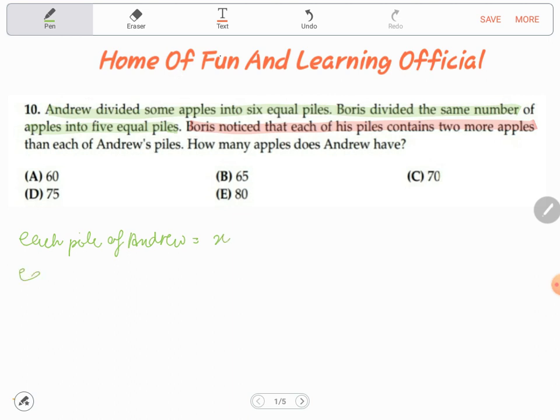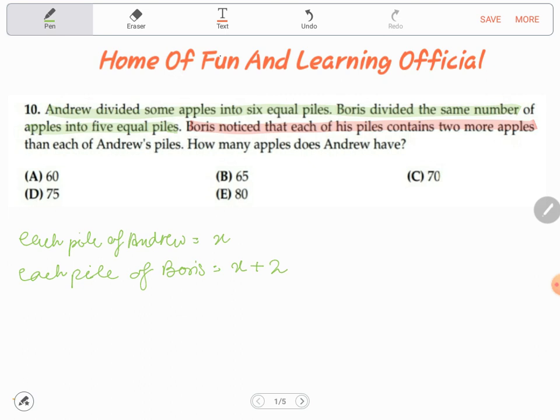Now each pile of Boris has x plus 2 apples, right? Because it is written in the question, and it's also highlighted in red, that Boris had